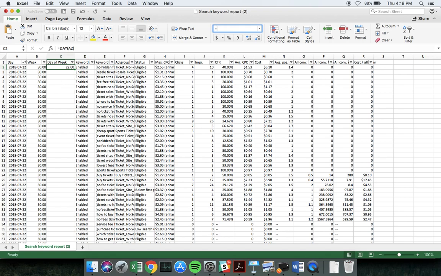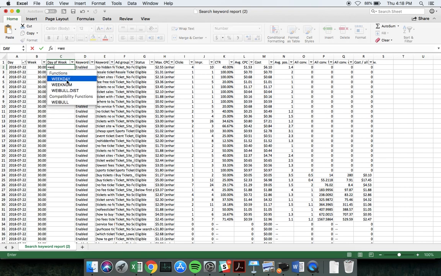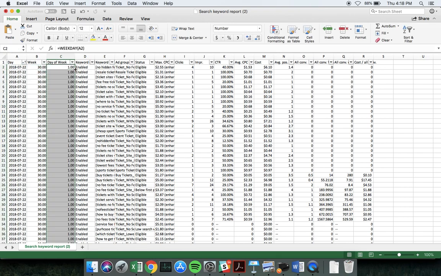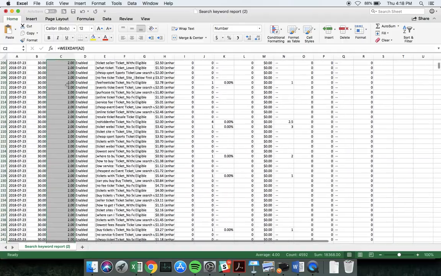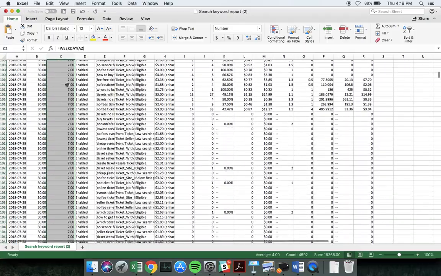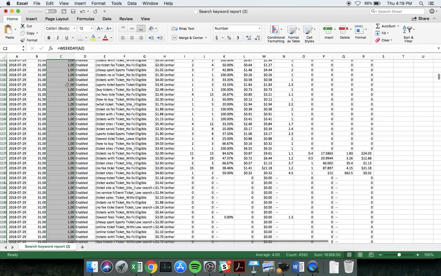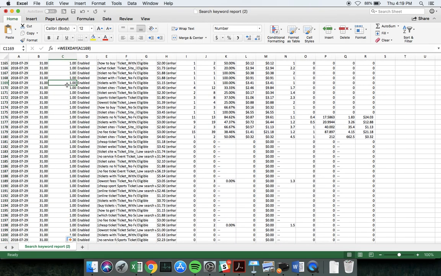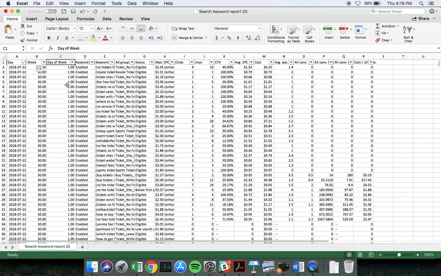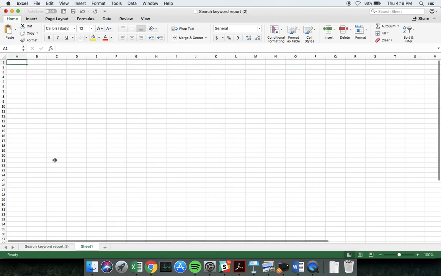So I'm actually going to do a different formula, which is WEEKDAY, and this. Okay, so it's number 1. You notice as we go down, it goes 1 through to 7, then it starts again when it's a new week. So it's going to allow me to see which day of the week performs in a certain way. So I'm going to make a new tab,